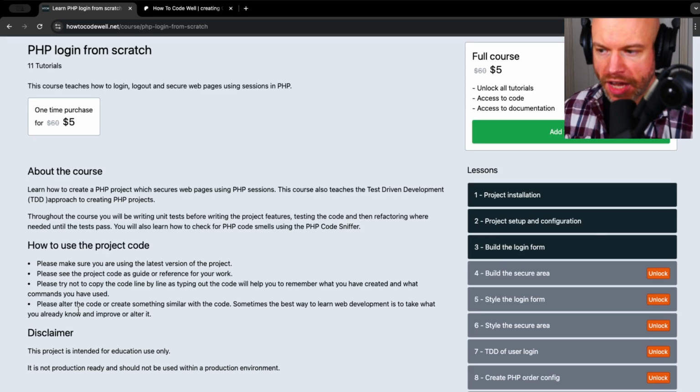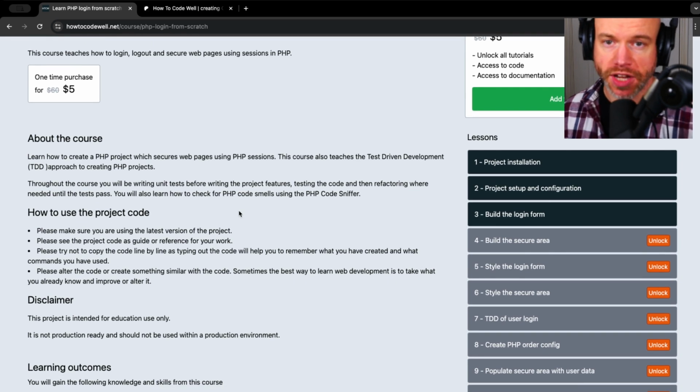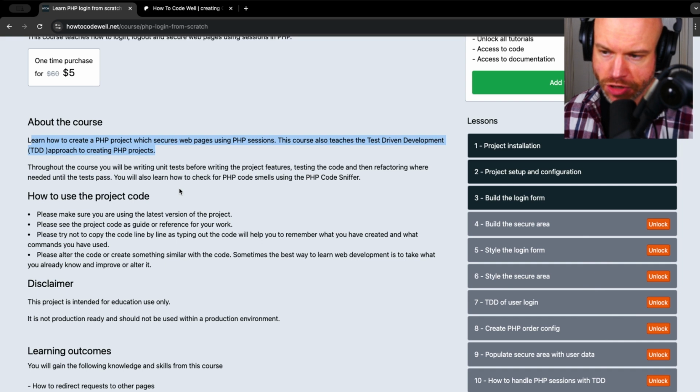How to create a PHP project. It says learn how to create a PHP project which secures web pages using PHP sessions. This course also teaches the test-driven development approach to creating PHP projects. Throughout the course, you will be writing unit tests before writing the project features, testing the code, and then refactoring